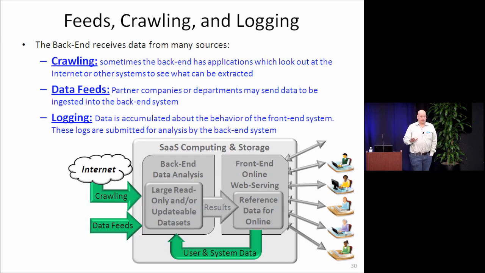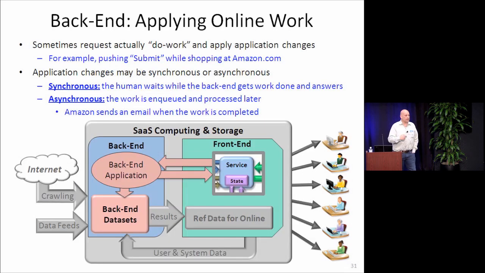Typically, you see changes coming into this back-end from internet crawling, data feeds, and user and system data that came from the front end. Those are the typical areas that you see changes. You also can see work by having the front end say, oh man, I really want to go and change that data because my user said I want to go change the data. Okay? I know in LinkedIn when you update your profile, this is an example of that, right?